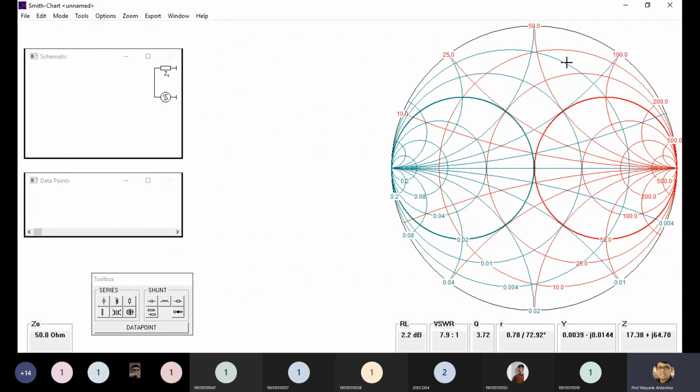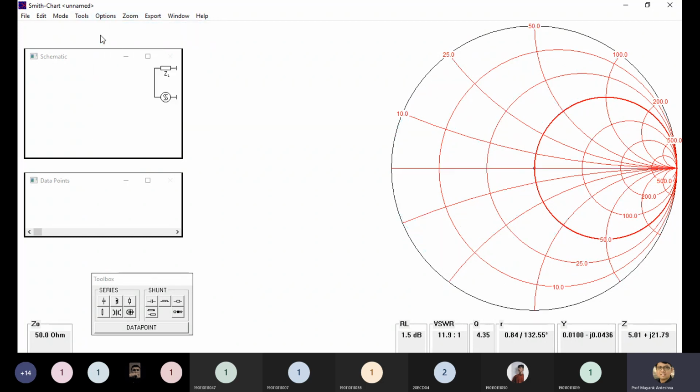Yes, sir. Okay, so you can see on the right hand side a Smith chart is given. There are so many circles there. This is the complete Smith chart. Normally you have practice seeing this kind of chart. This is exactly the impedance chart, because all the complete circles are on the right hand side.